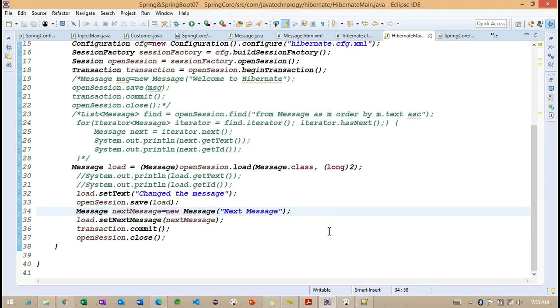Okay, so we'll see. Basically, using this particular record, I'm trying to insert the next message ID here, but we are not getting the next message ID. So work on the save or update.